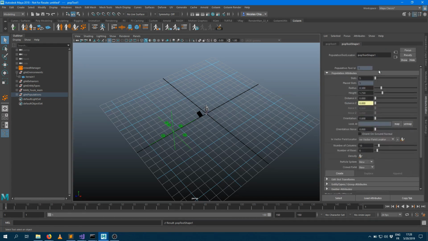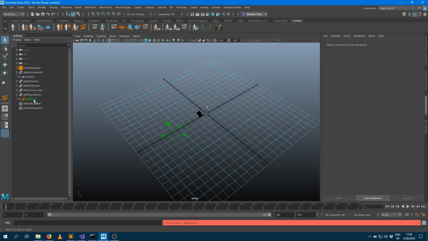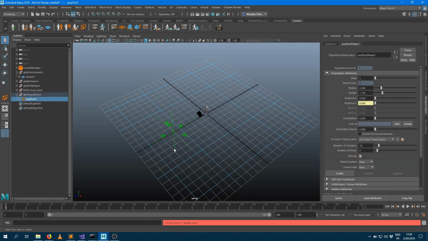in my scene. So as soon as I create and click into the viewport, it creates a new group here, GLM population. I can open it, and you can see it has a red node which corresponds to my red locator here. And as soon as I select it, I get some options. So how many slots I would like to have onto my character. So let's make a 10 by 10 column and rows grid here.